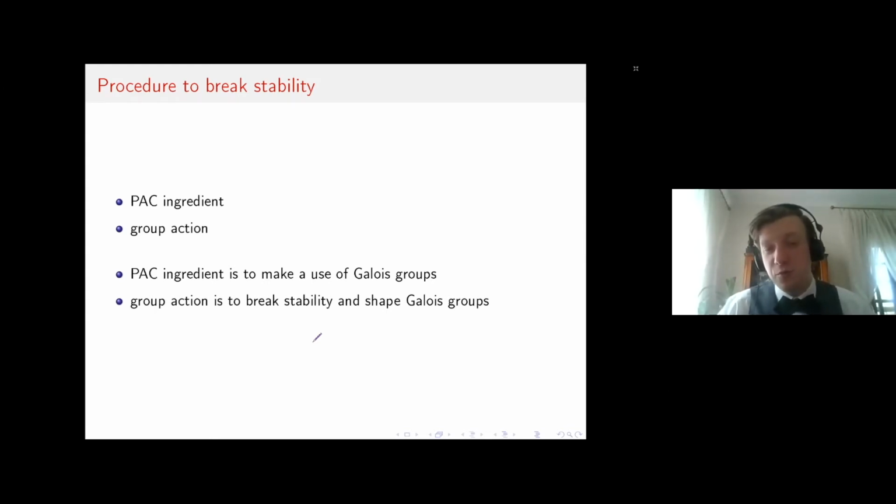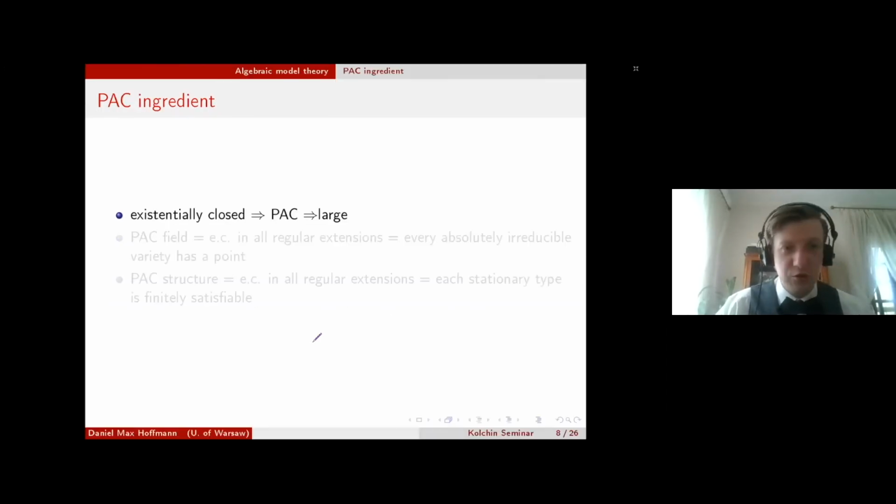And also group action, a proper group action will shape Galois groups. So let us start with this PAC ingredient. And PAC ingredient, okay, so we know, I think that we know what are existentially closed structures, or fields, or they